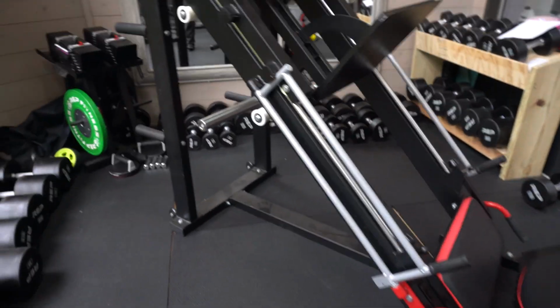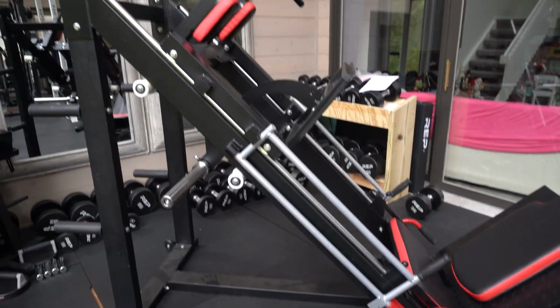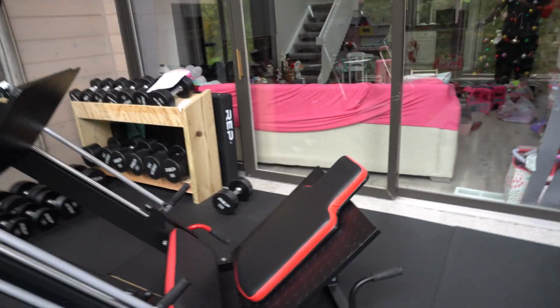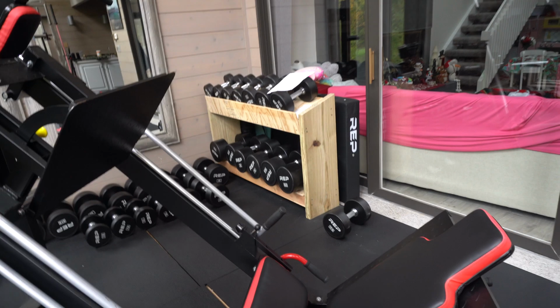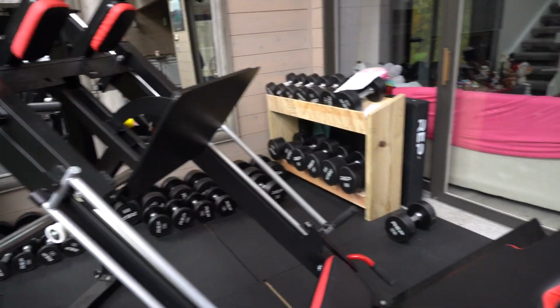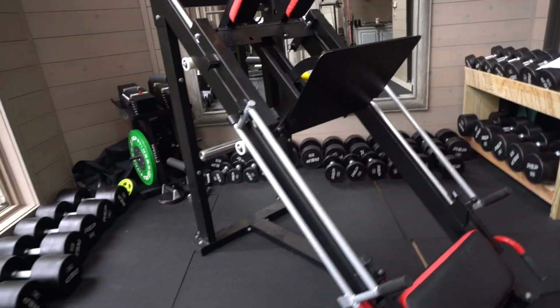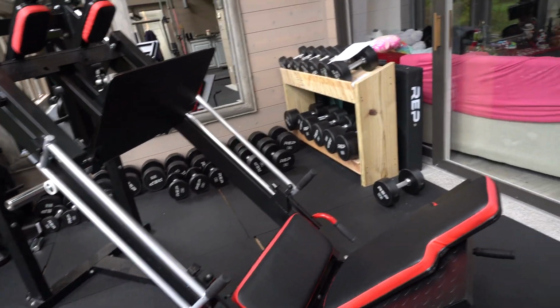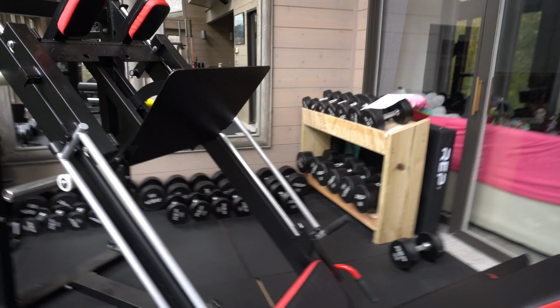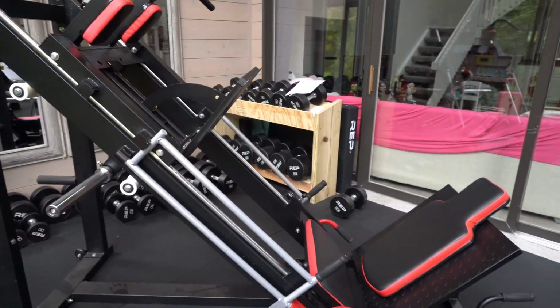Whereas if it's a no brand, for example, this particular machine, there's literally zero branding. They're not trying to build a brand, a business long term. They're just trying to sell a product. And so the way you approach this machine as far as selling it is going to be quite different. So I got quite a bit of things to go over, so I'll try to make it as quick as